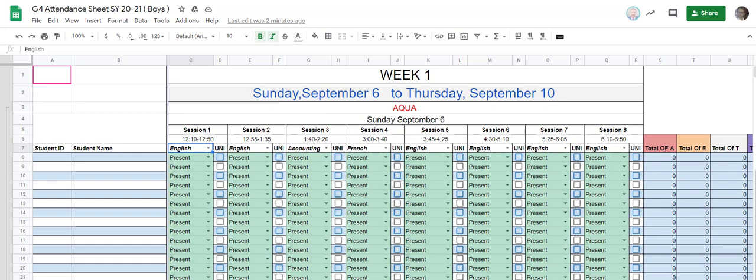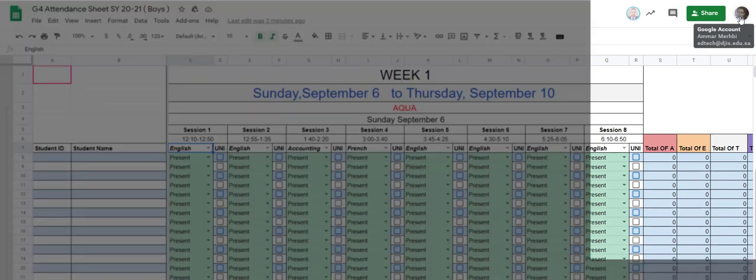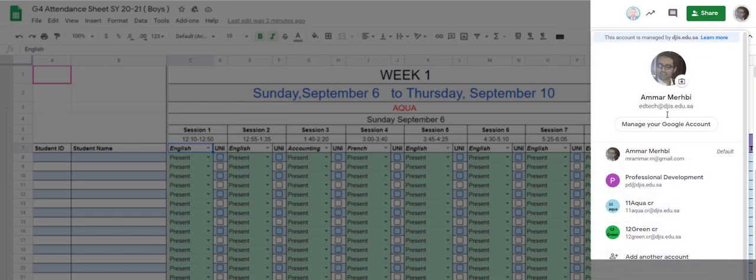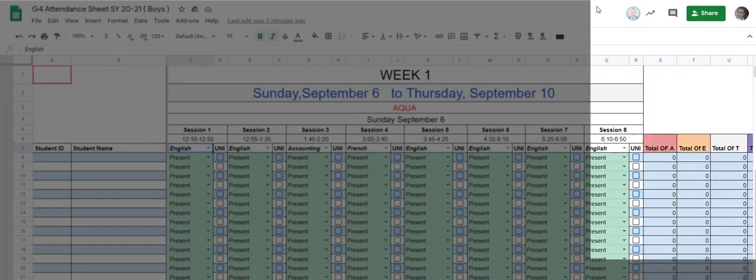like this one. The first thing you have to note is that on the right hand side at the top, you're using the correct school email account, your school email account, and not the section account. If you are logged into the section account, please click on the profile picture and then switch to your actual school email account. In this case, I'm logging in with my correct